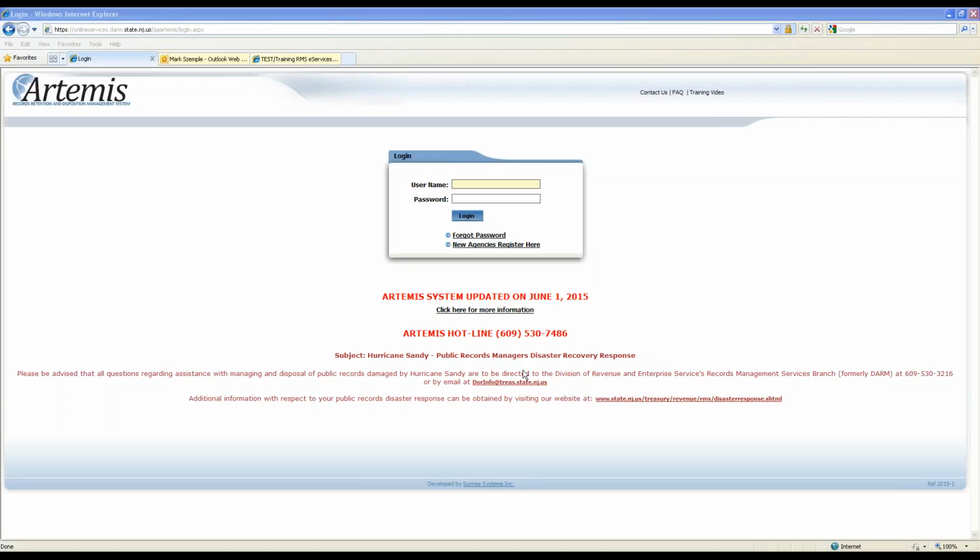It says, why is the agency grayed out? Again, because, like I said, the list isn't totally up there and ready yet. So again, if you're trying to do this in the live system, you're not going to be able to do that just yet today. Like I said, by the end of the week, you should be able to do that as long as everything goes okay and we get all the information we need from the state. Okay, so those are the questions I have for right now.